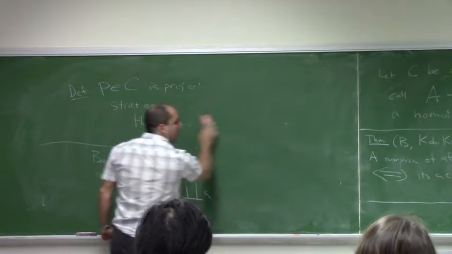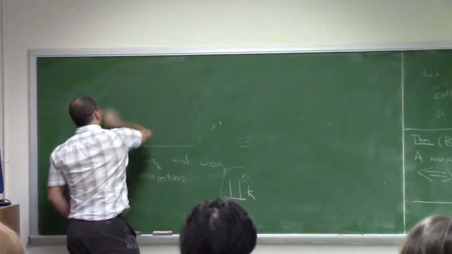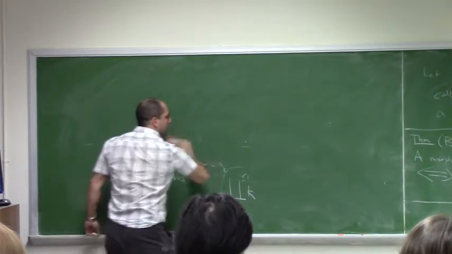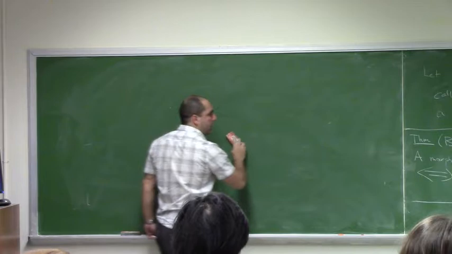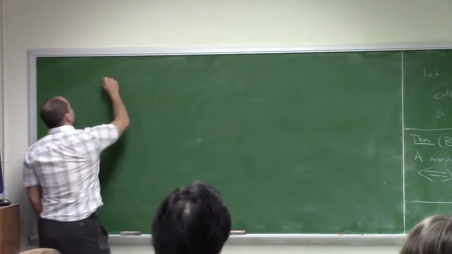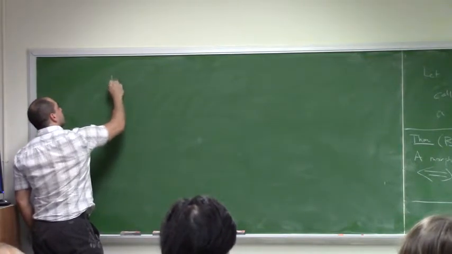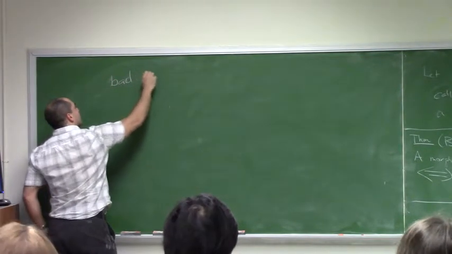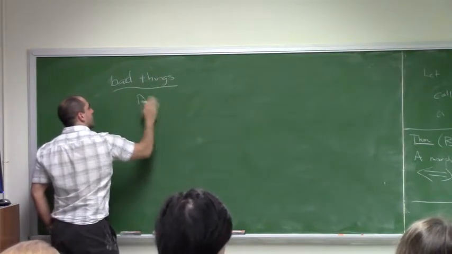So one is that I'm only looking at non-Archimedean fields, and I said from the beginning that I wanted something that worked over any field, so maybe the complex numbers. Let me say bad things, or things that could be improved. So one, what about